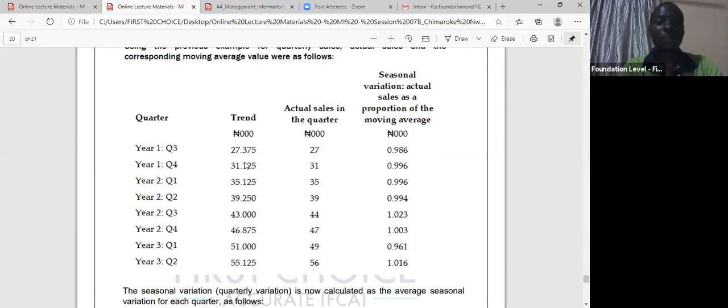I told you that you can put your trend here and your actuals here, but know that it's going to be actual divided by trend. That is what you do to get here. Actual divided by trend, you get here. Actual divided by trend, here the same. Here, actual was more than trend, you are getting 1 point. So when you finished,